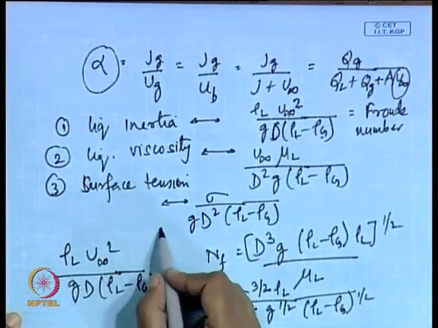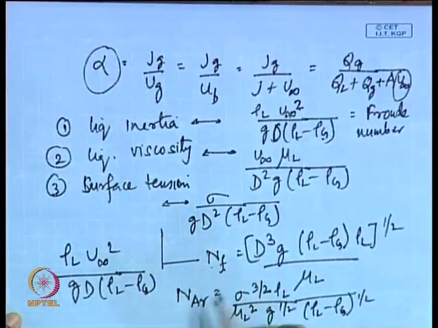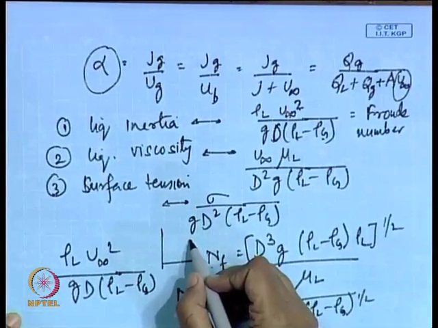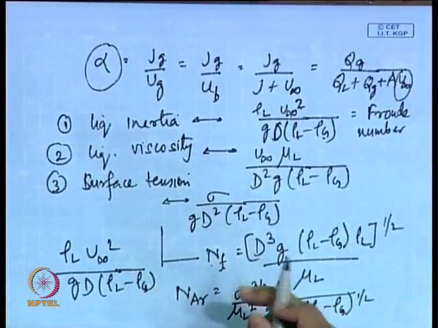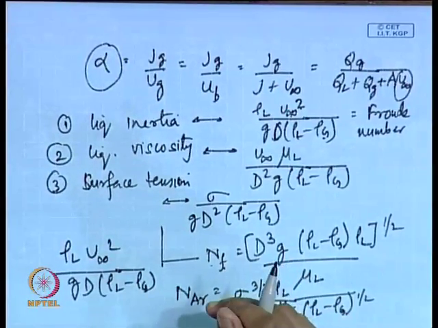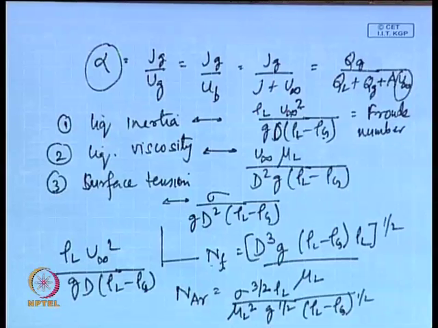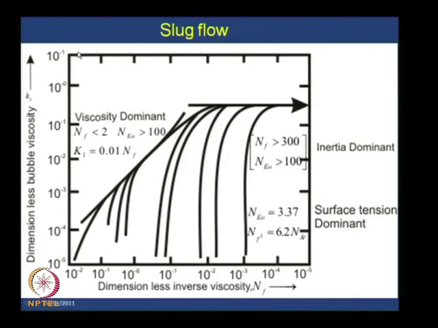If we plot this versus N f here with the Archimedes number as the parameter, then we get a family of curves from where we can find out u infinity. This is one such type of curve. This is dimensionless bubble velocity. This is the Froude number. In this case, the dimensionless inverse viscosity number N f, which I have already written down, has been plotted with your Archimedes number as the